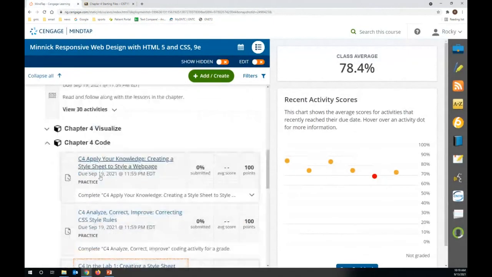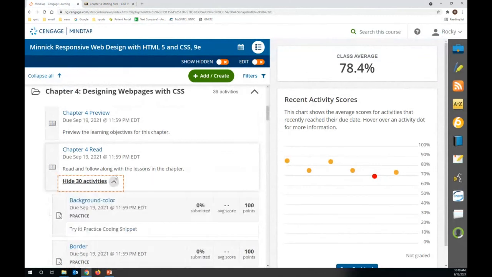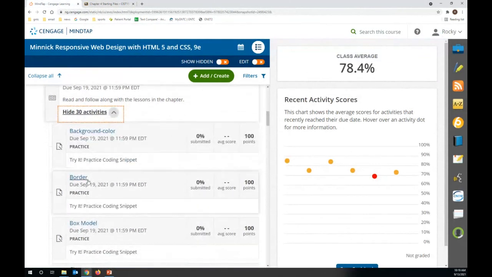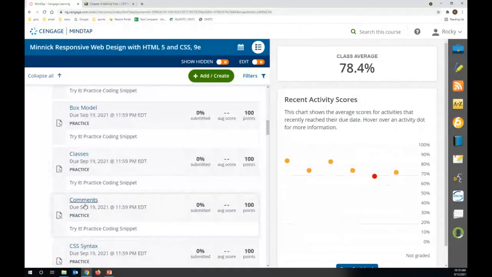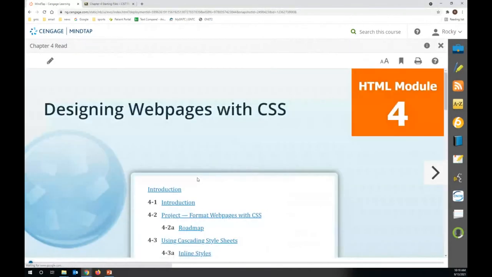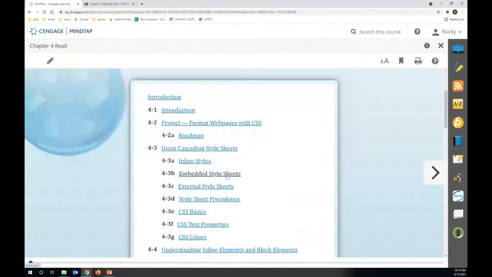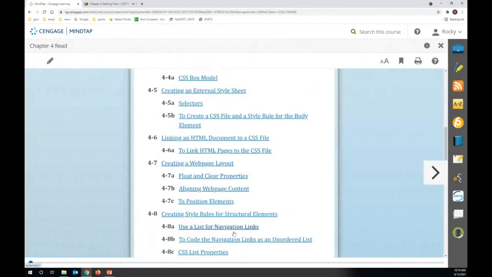Also on MindTap, in our reading, you'll see that you have 30 activities here. Okay, so these are not graded. These are practice material. I do recommend you do this. So when you click on these will be found inside of your text. When you go through your chapter,